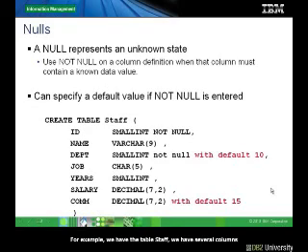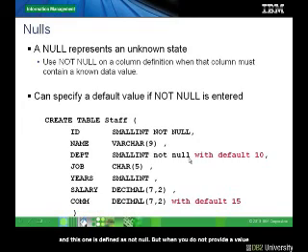For example, we have the table stuff, and we have several columns. Some of them, like the first one, the ID column, is defined as NOT NULL. That means you must always provide a value for that column. Then we have the column called depth,